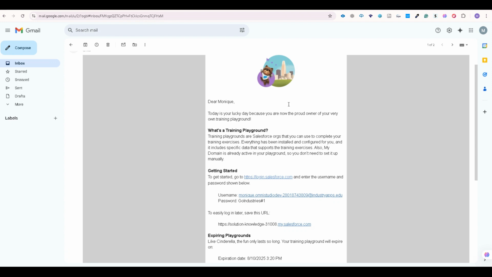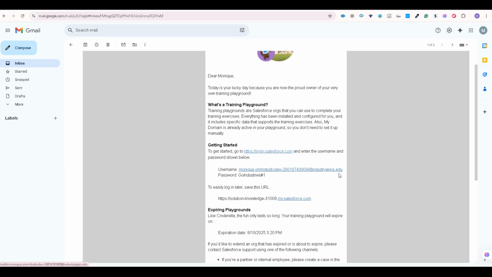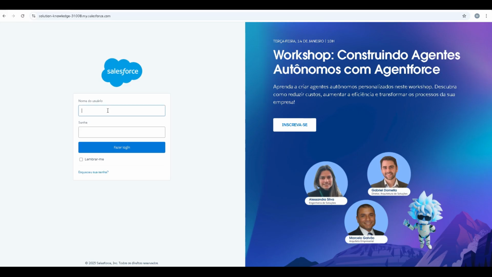A moment later I will receive an email, and will have my credentials. As you can see, there is a link to access the environment, and I'm going to copy this. Also there is an expiration date, and I'm going to copy this and enter my environment using my credentials. I suggest you change the standard password,